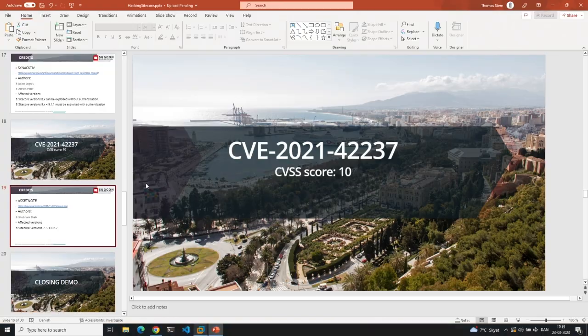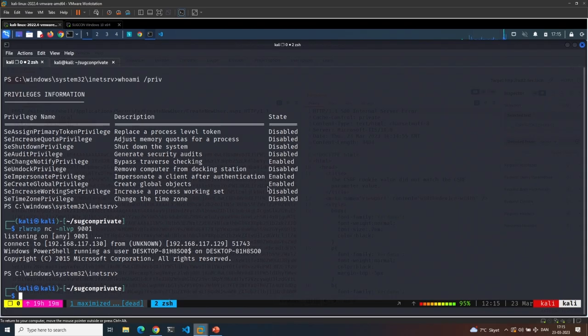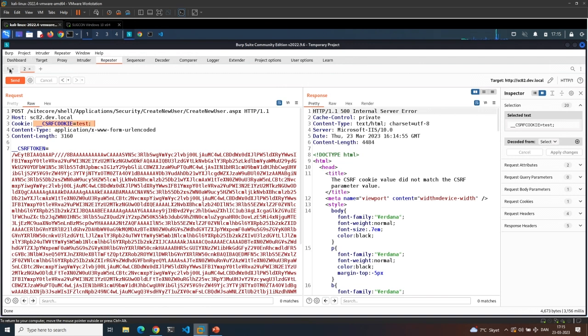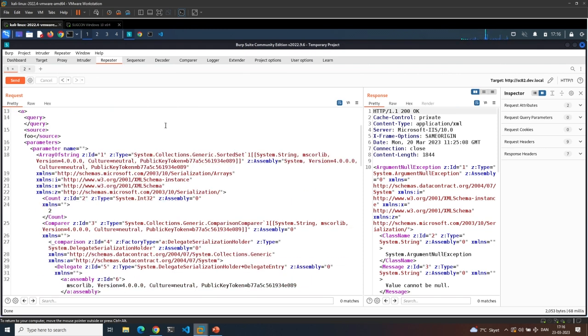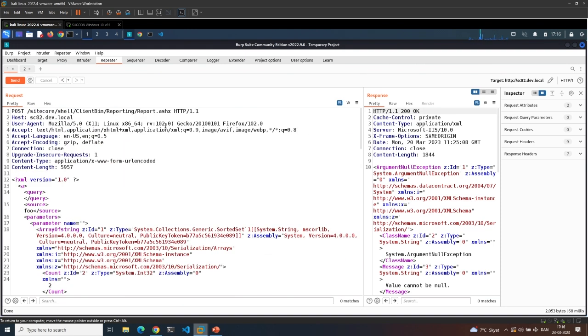So let's go back. And for this, we're going to use Burp once again. It's open source. Oh, no, it's not open source. It's freeware. You can just download it. Great tool. Highly suggest you use it for everything. So the vulnerability exists in the report ASX file, and it simply takes in an XML. 10 minutes, that's perfect. I'm ahead of time now.